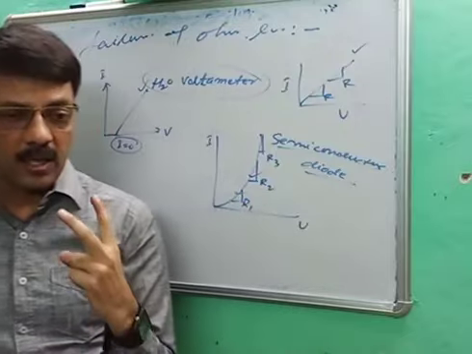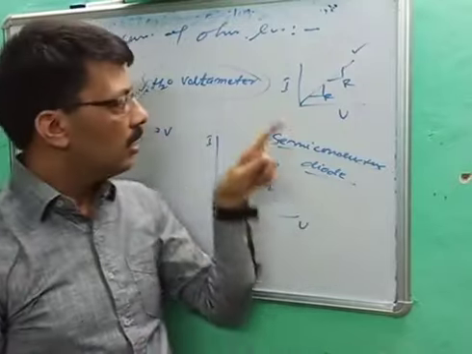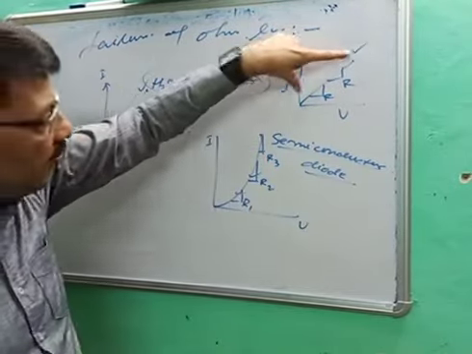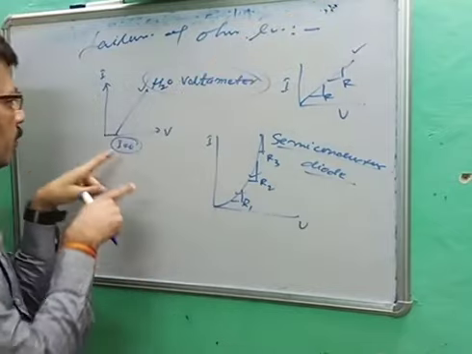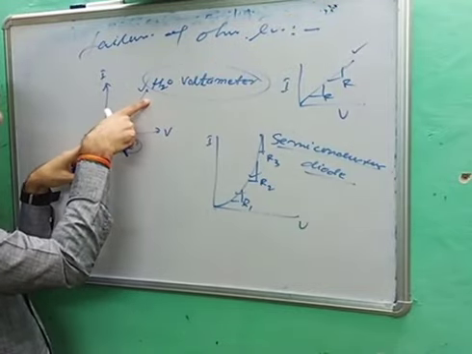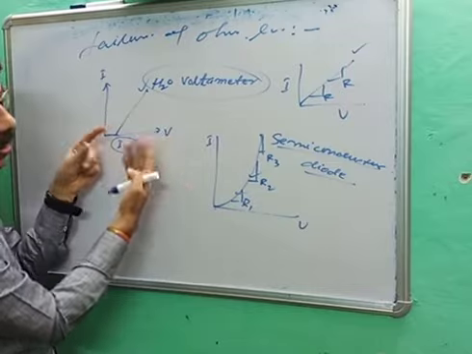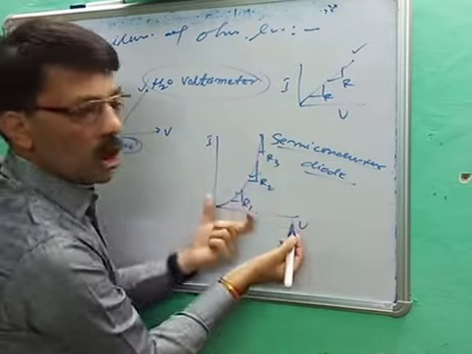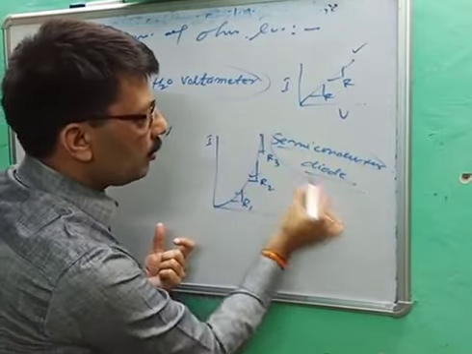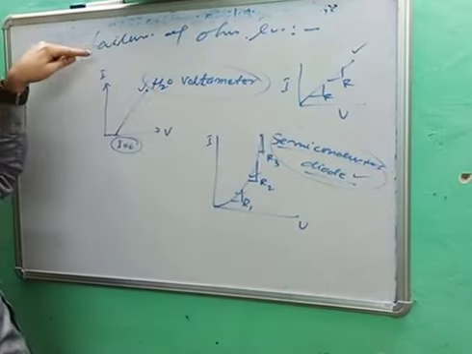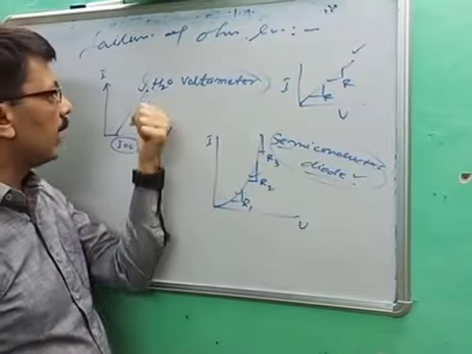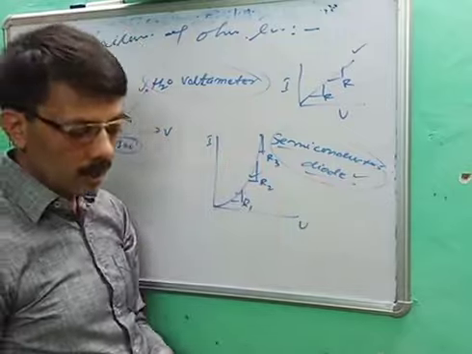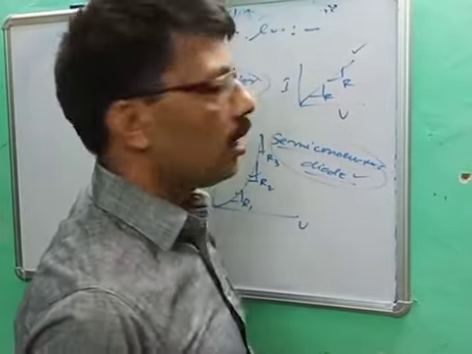So how can we find out whether Ohm's law is valid or not valid? If the graph is started from the origin and is a straight line, this is called verification of Ohm's law. While if the graph is not started from the origin but is a straight line, this failed. Here the graph is started from the origin but not in a straight line, this also failed. And this is the graph for a semiconductor diode. So this is called failure of Ohm's law. That was the water voltmeter, here the semiconductor diode. So this is all about the failure of Ohm's law.